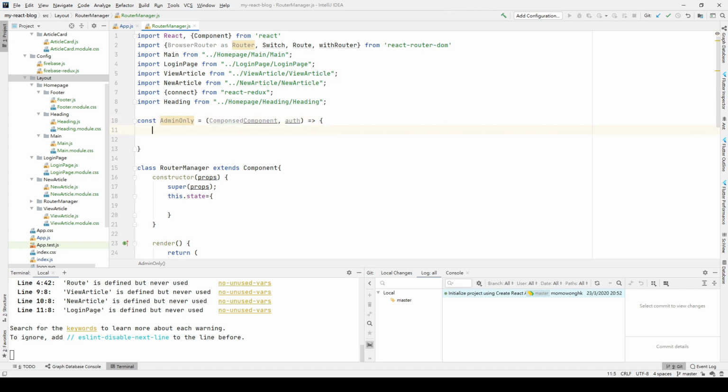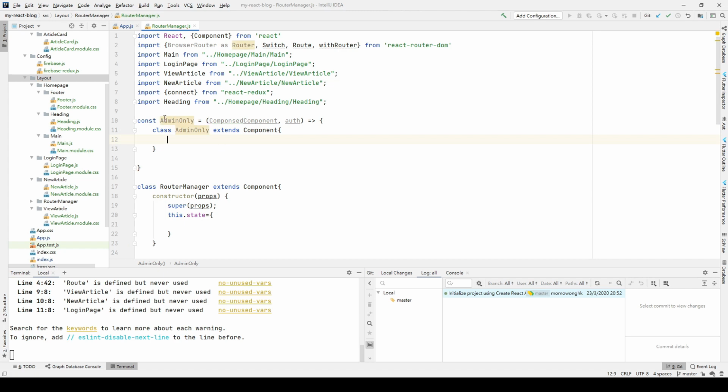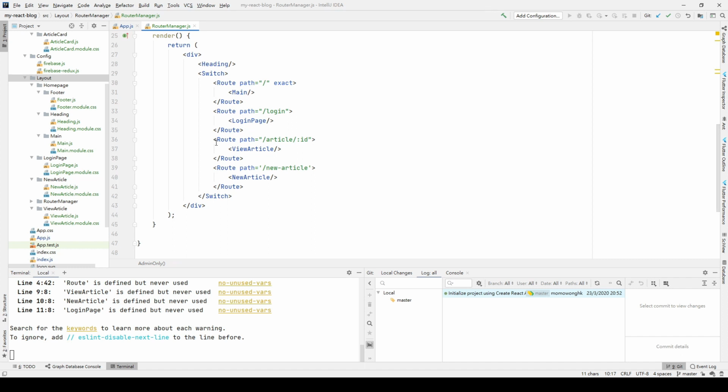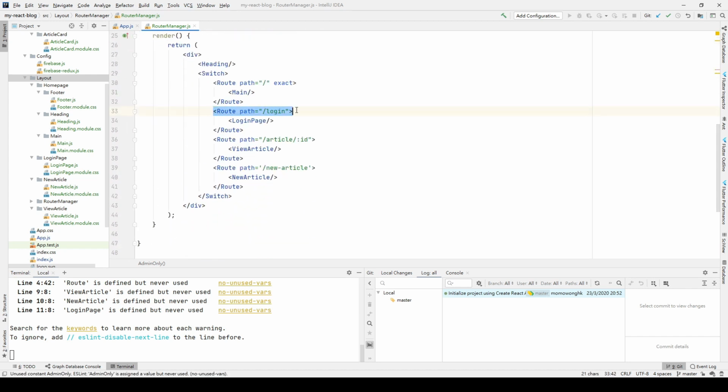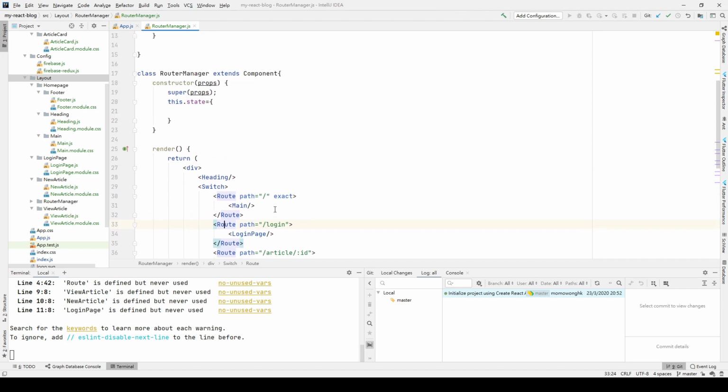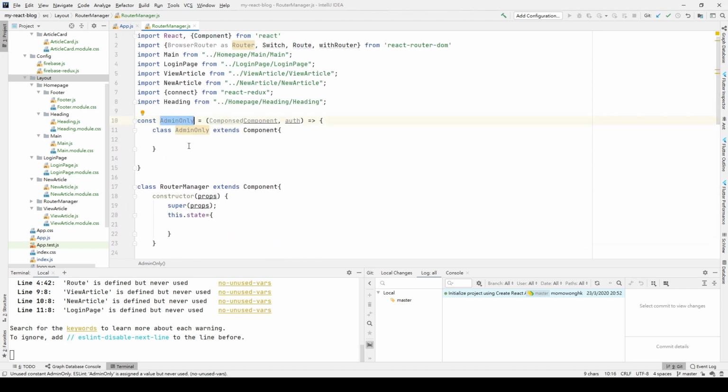So in here, we create a new class. We call it AdminOnly. We also extend Component. So this class is inside the function, and we will call this function in our router later on. After we do the router, we will call this function in every router. So in here, our class AdminOnly will contain our constructor